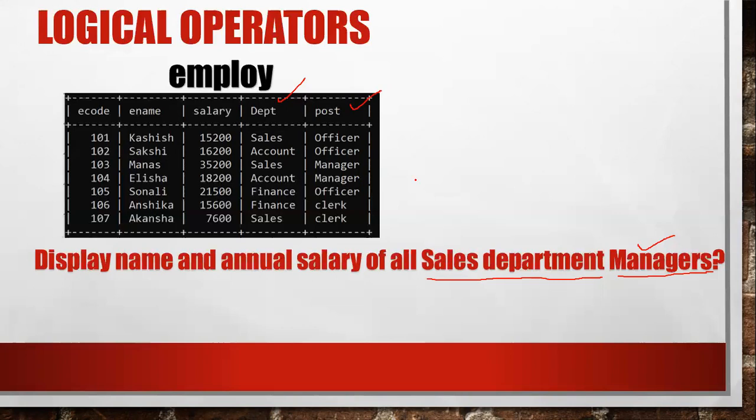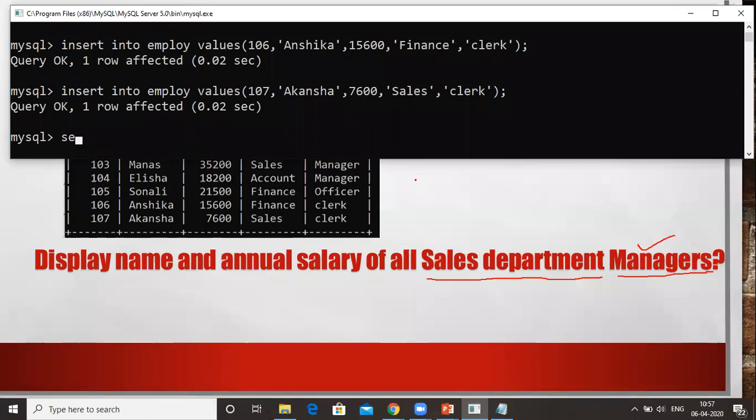So in this case we have to check 2 things. First one is the department is sales, and the second one is that his post must be manager. So obviously these two conditions must be true. We can't say that either he is working in sales or he is a manager. No, we want that the person must be working in the sales department and he is working as a manager also. So what we will write in the command, select